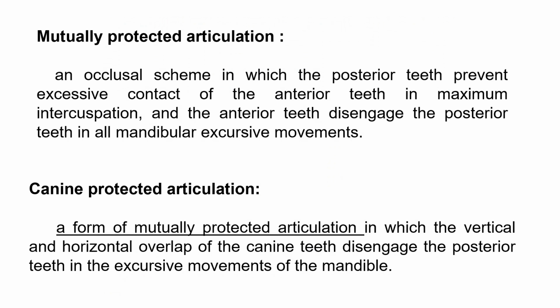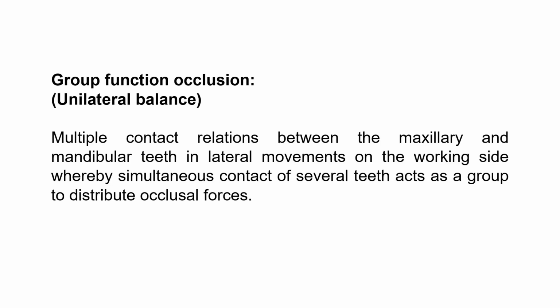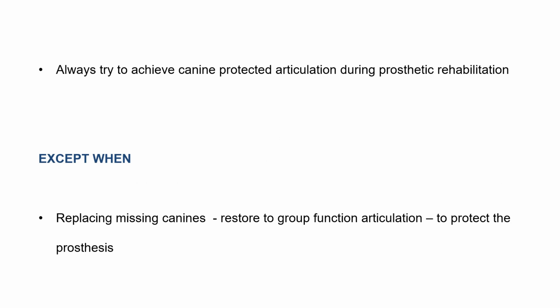Just to summarize, mutually protected articulation is a scheme in which the posterior teeth prevent excessive contact of the anterior teeth in maximal intercuspation, and the anterior teeth disengage the posterior teeth in all mandibular excursive movements. When the same thing happens only with the help of the canine, it's called canine protected articulation. A group function articulation is one in which the maxillary and mandibular teeth contact on the working side, but they do not contact on the non-working side. So as a prosthetic goal,